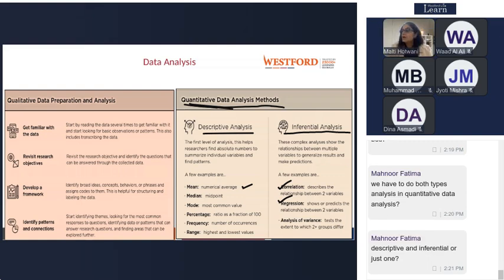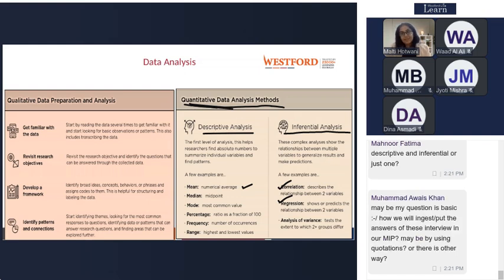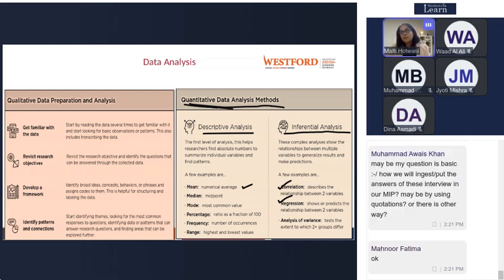Right? Okay, let me answer your question. Mahnoor, we have to do both types of analysis in quantitative data analysis. Yes, Mahnoor, it is expected, right? Descriptive and inferential, right? If you do only descriptive analysis and you're not doing inferential analysis, then you cannot expect any A's in your research project, because you need to show us some type of relationship between your variables, either accept some relationship or say that there's no relationship, right?